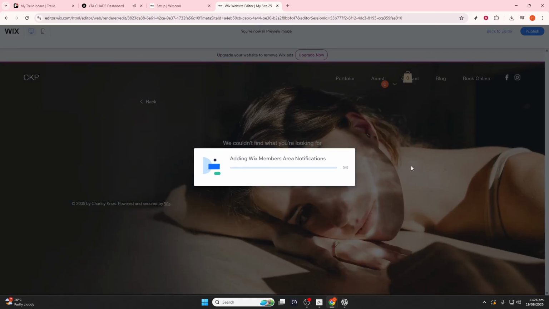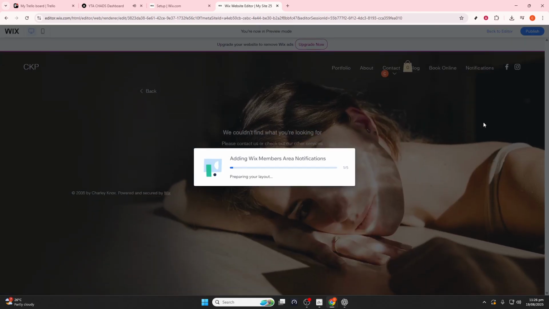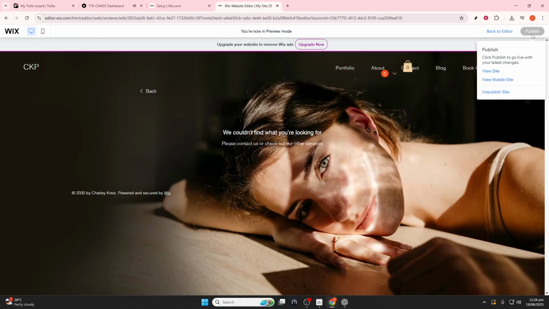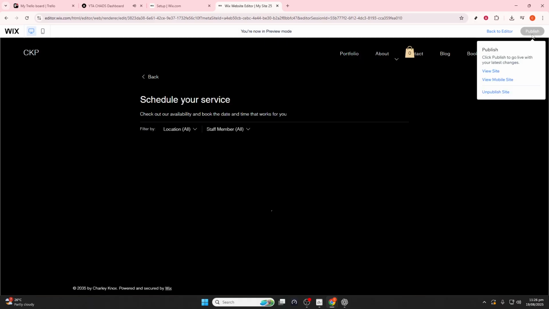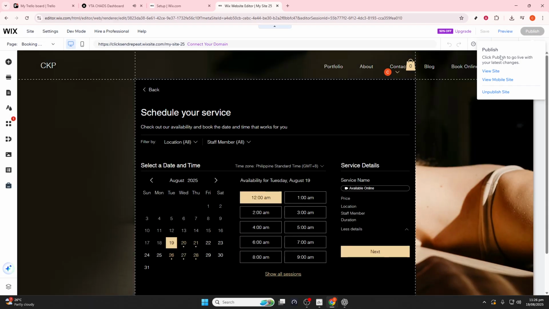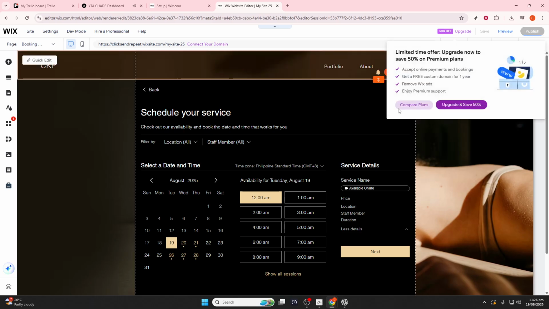By this point, you've successfully added and customized a booking feature on your website using Wix's user-friendly tools. With these steps, your site is now equipped to offer streamlined booking options, enhancing user experience, and potentially boosting engagement and sales. And there you have it. You've learned how to navigate manage.wix.com and editor.wix.com to add powerful booking